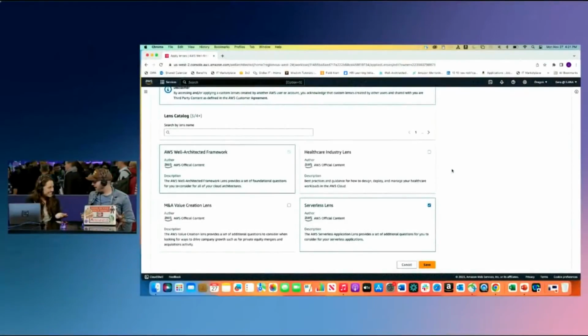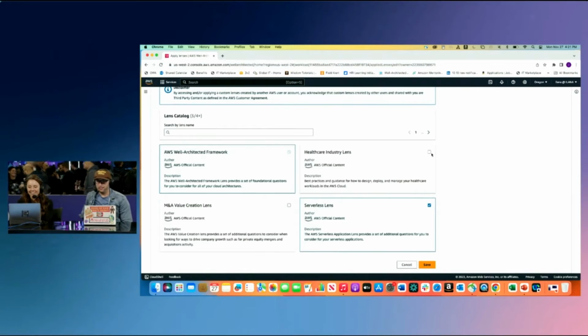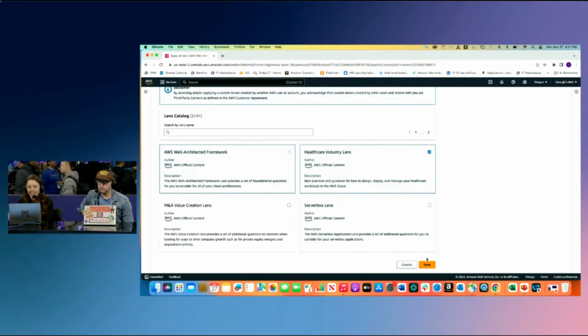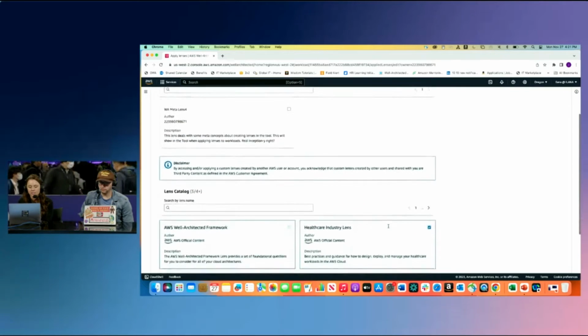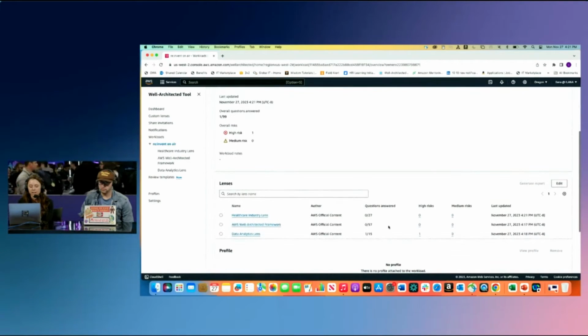Right, which is a great plug for the catalog. It is, exactly. And being able to find that content that's specific to you. Very nice. So when you look at this, with an industry specific lens, can we take a look at one of those? I saw a healthcare one. Sure. This is a great plug to say that you can always go in and add or remove lenses from the lens catalog. So we can go ahead and select that one, and I'll come back here and go into the healthcare lens.